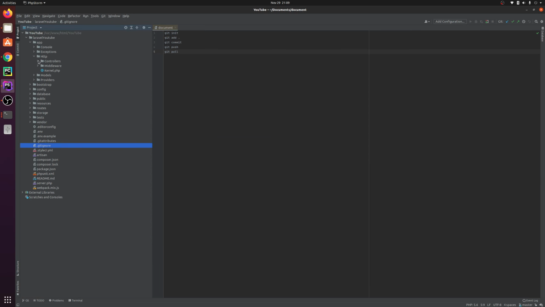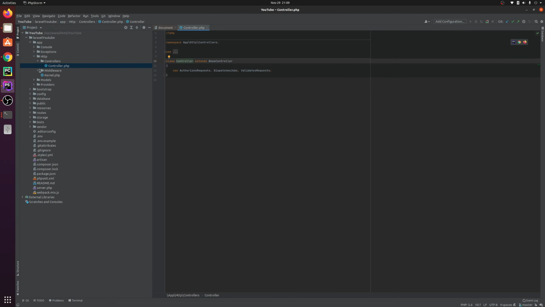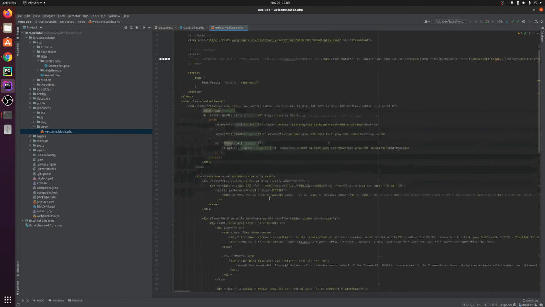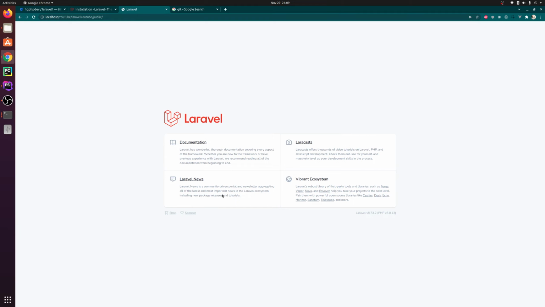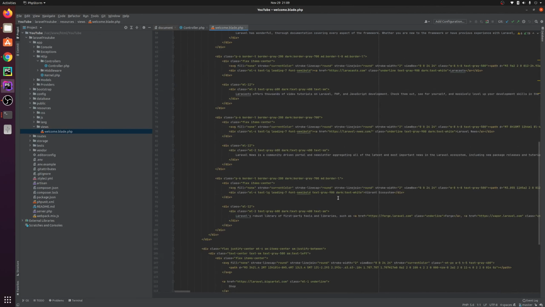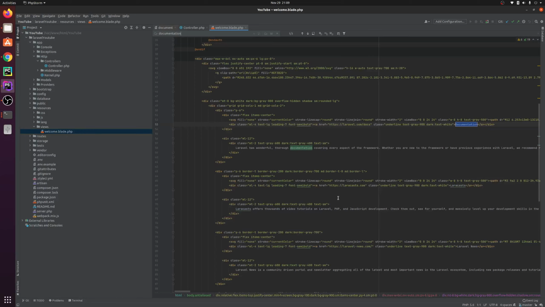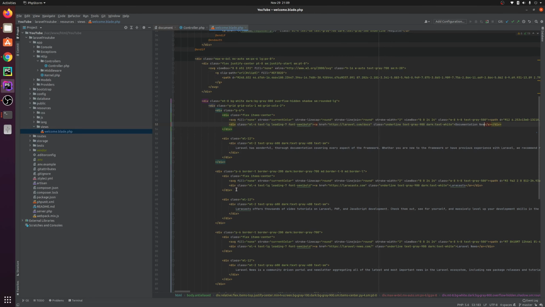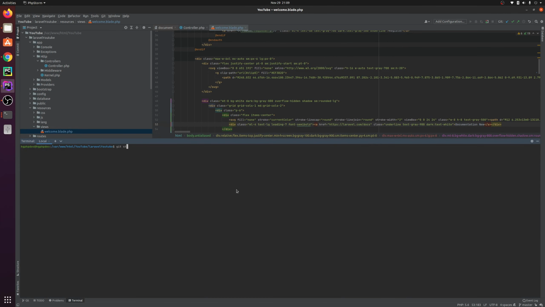in the app HTTP controller main controller, or you can go to resource view welcome.php, and here is your page. On this page it is a documentation. I go to find documentation. Now I'm changing the title to documentation new. So you see documentation new, and now if I check git status, it will show you the modified file